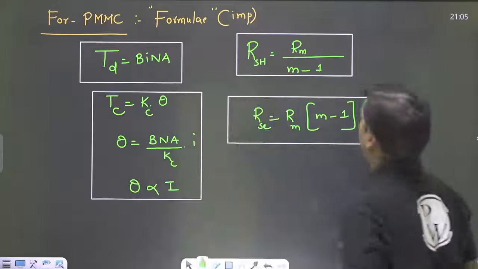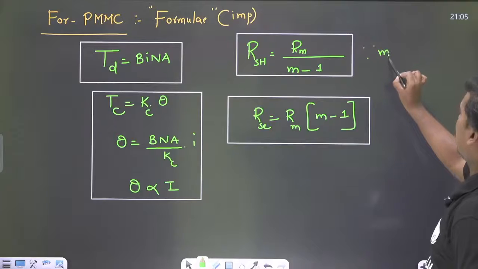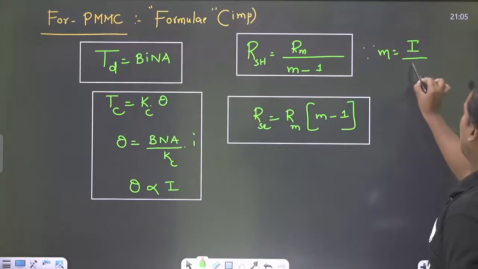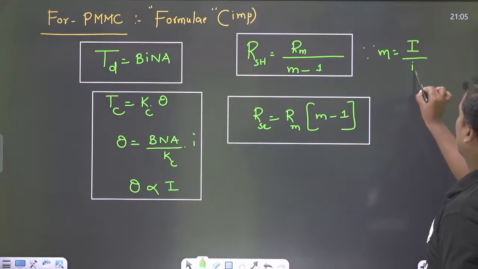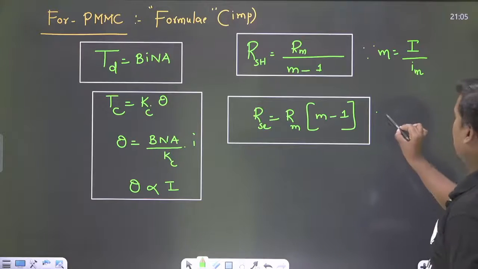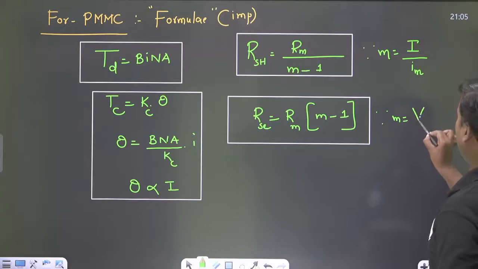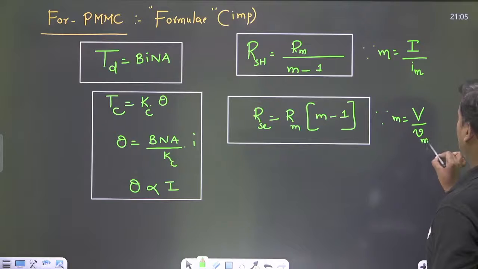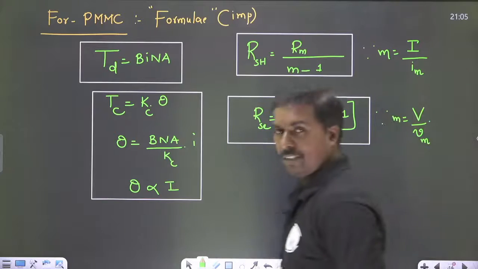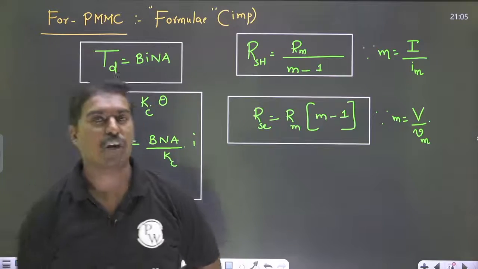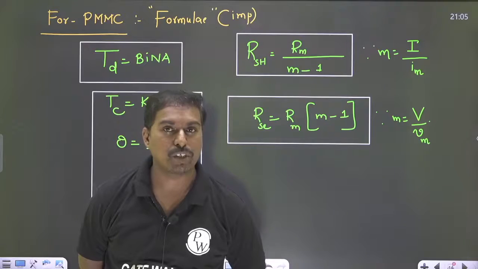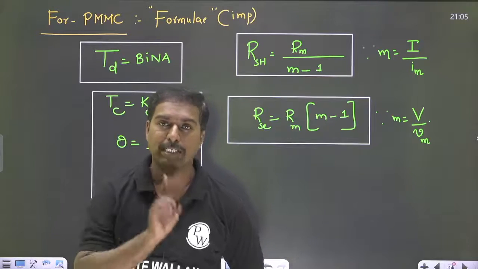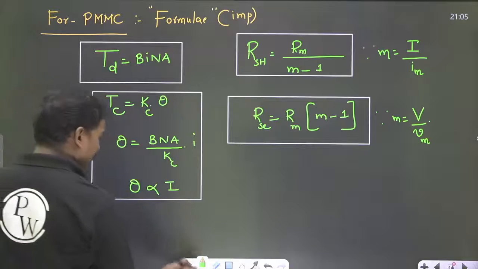Here M is the multiplying factor of current, which is I by Im, whereas here M is equal to capital V by Vm. So these are the important formulas for the PMMC numerical questions, and most important,